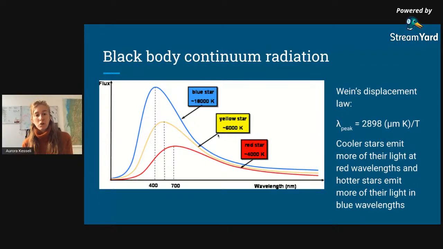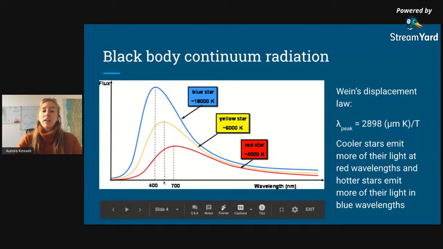So then if we get a bit cooler, the star has a temperature of 8,000 Kelvin. So this is more like sun-like stars, or a bit warmer. So F stars and G-type stars, and they'll look a bit more yellow because the star will peak at yellow wavelengths. And so even though it peaks a bit more in the red, the blue star still has more flux